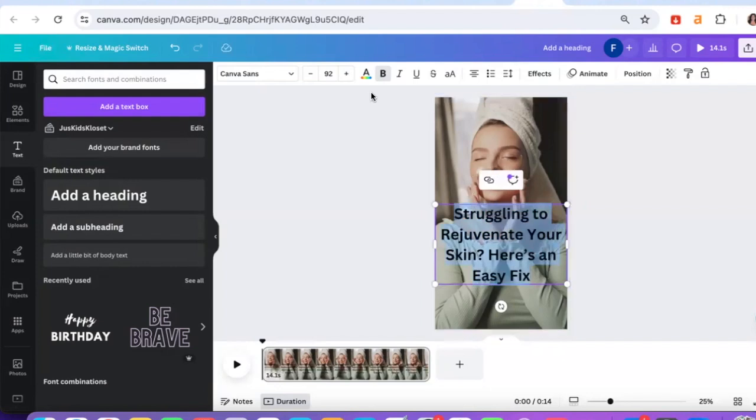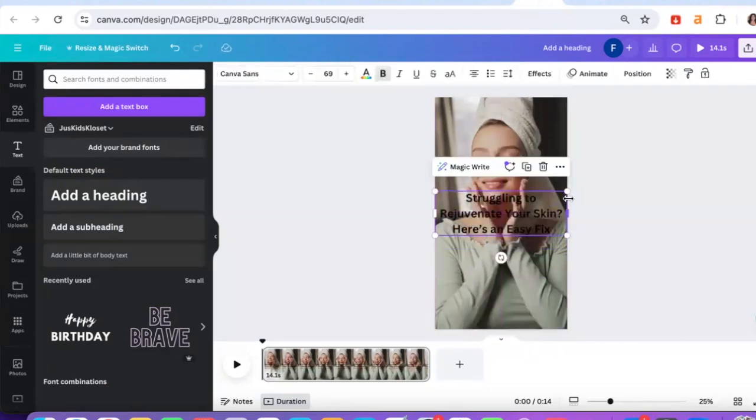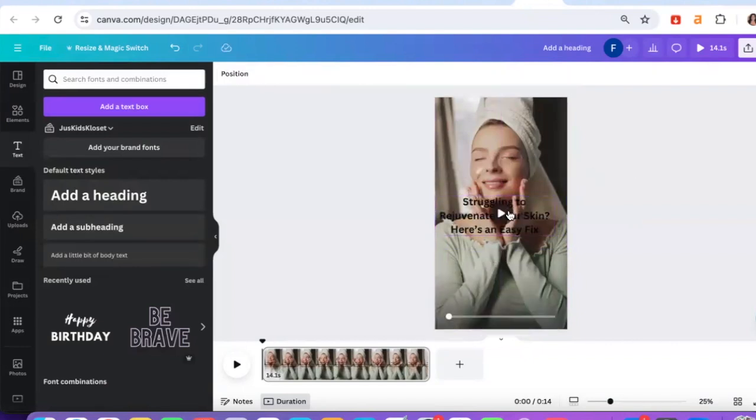Okay, so you want to create content based on the actual benefits that the product offers, because that's what someone who's buying that product is going to be looking for. They're not just buying it because the packaging looks nice or it sounds cute. People buy products because of the solution that it's going to offer them. So you want to make sure that your content, your captions are actually based around the solution that the product offers you.